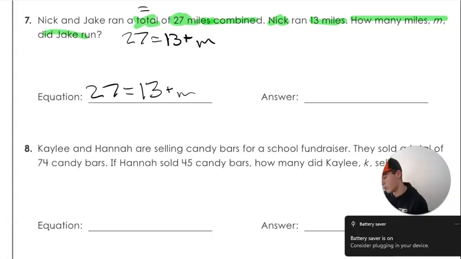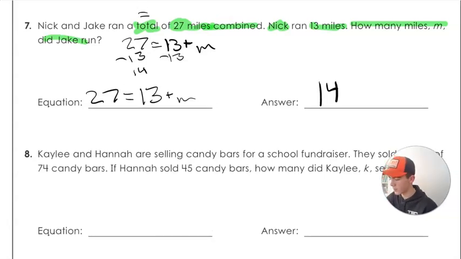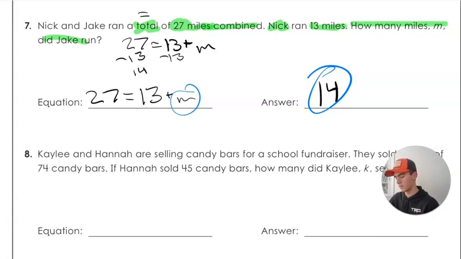So what we're going to do is, since it's 13 plus m, the opposite of addition is subtraction. So we go minus 13, and what you do to one side, you do to the other. So you go 27 minus 13, which equals 14. So our answer is 14. And if you want to double check, plug this in to the m, and 13 plus 14 is 27. Alright,